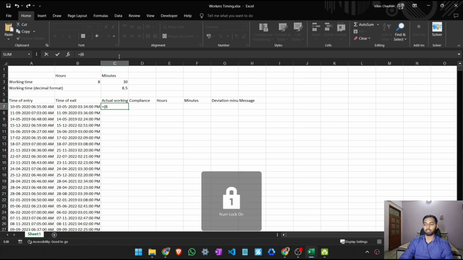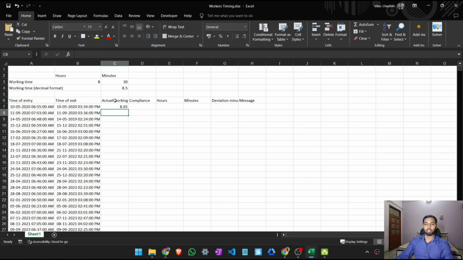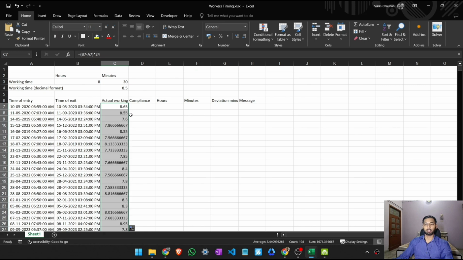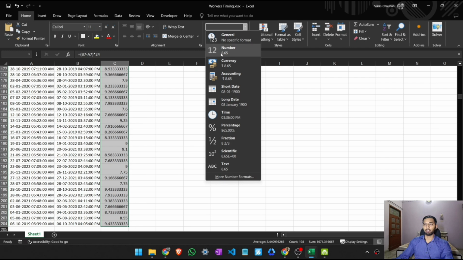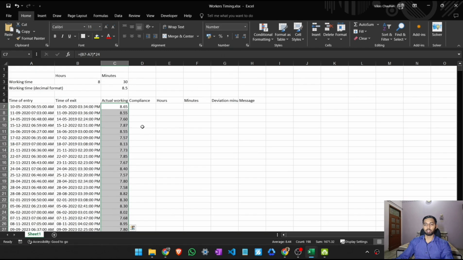B7 minus A7 into 24. So this will convert it into hours. Let's hit enter. Now we will double click to apply it for all rows. Now we can change its format into number. Here we get